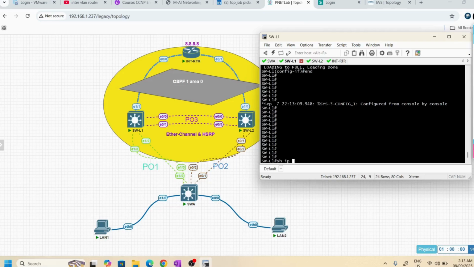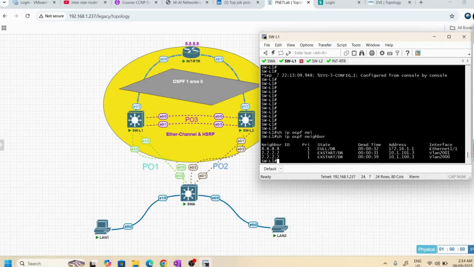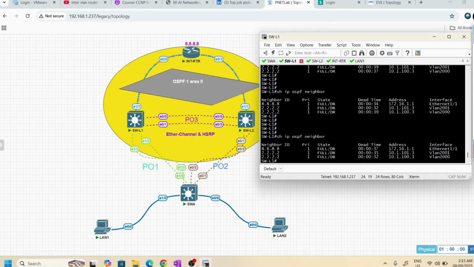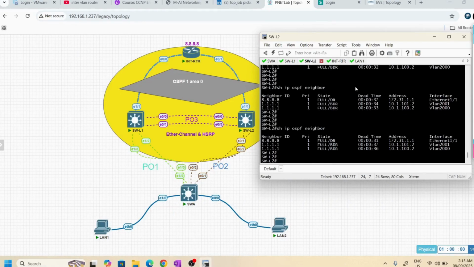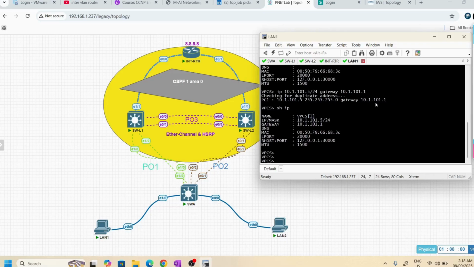So IP OSPF enable. Here you can see now it is full. Here also full, right? So LAN.